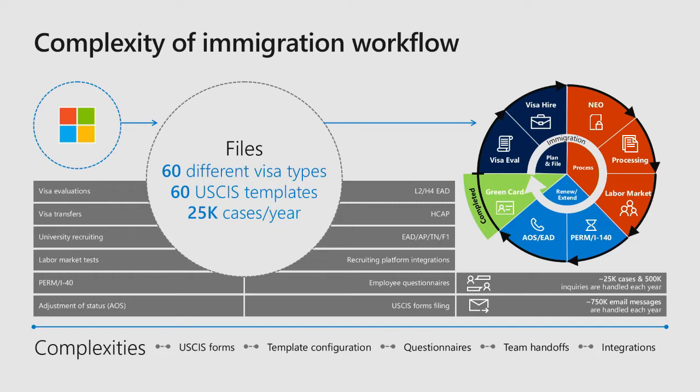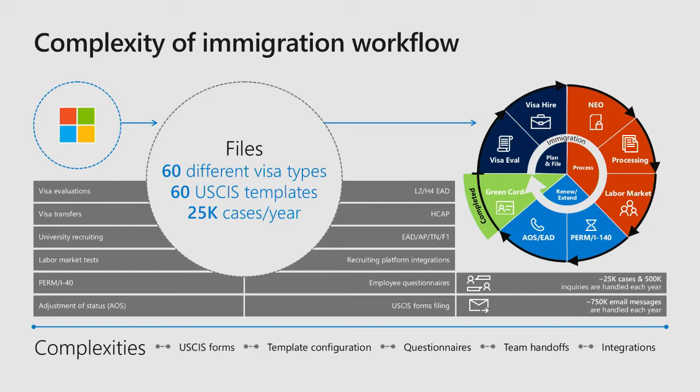Now, if you were to ask why is it so complex? You'd file the visa once and it should be done. Well, the actual life cycle of the whole immigration workflow for United States is it actually has to continue till you get your green card, which means sometimes it could take decades for getting a green card, depending on the country you are from.